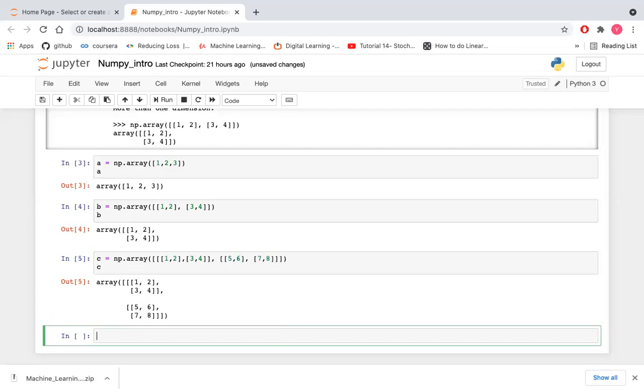There are three brackets inside the array, so it will give a three-dimensional array. Here we can say there are four rows and two columns.